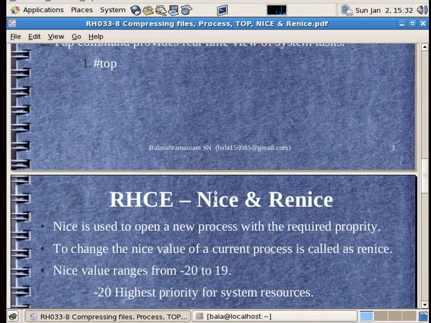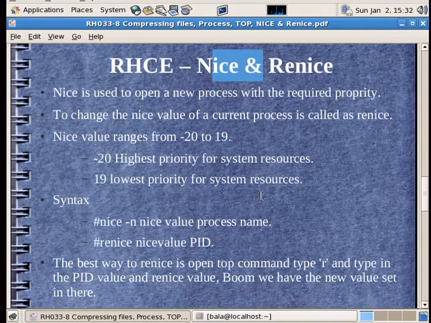Now we will be seeing about nice and renice. Nice and renice are the ways by which we can control the resource utilization of a particular process in Linux. We can start a particular process using the nice command if we know that it needs a certain amount of resources.